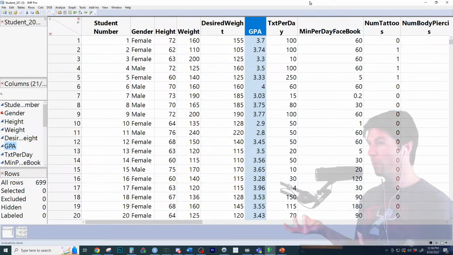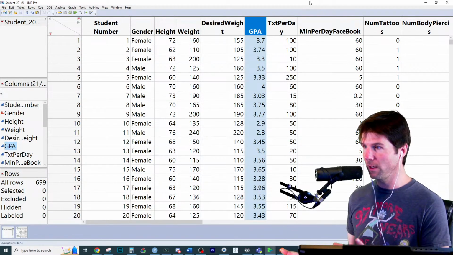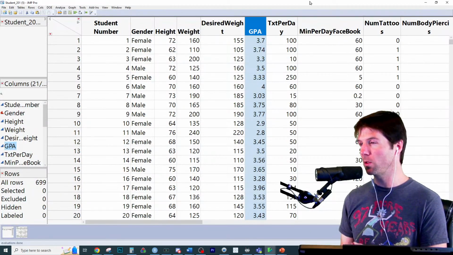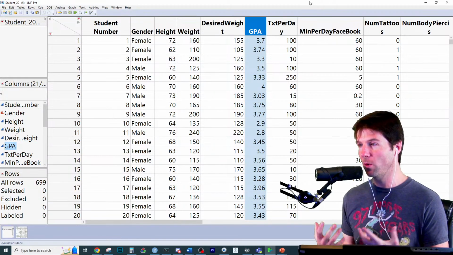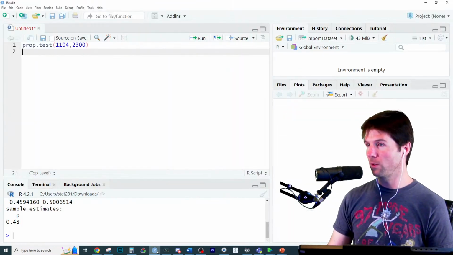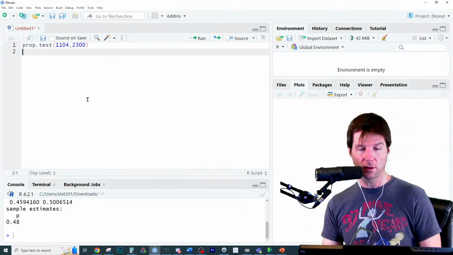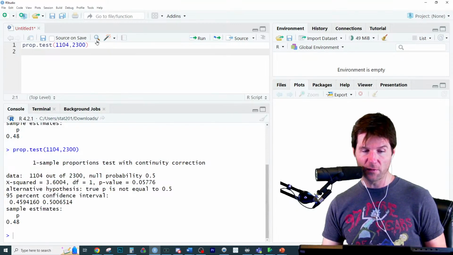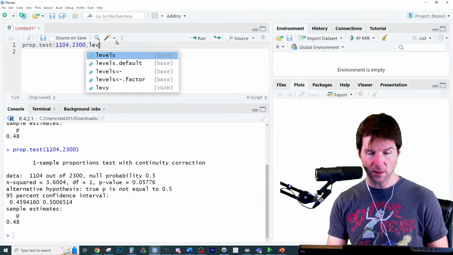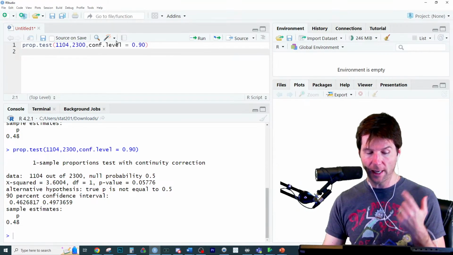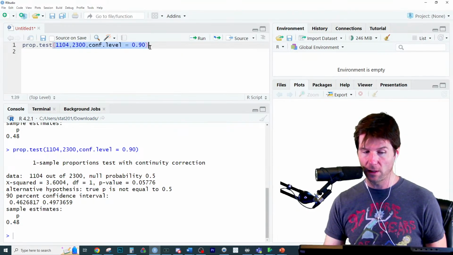Also, understanding the components that go into it, I can do it by hand if needed, and usually do it pretty quickly. I can go to the apps to get the exact numbers, but JMP is going to carry the decimals for me, or I could use my knowledge of how the t and the z work. A lot of times I use statistical software like R to do the calculations for me, where I can do a proportions test like this, and it gives me the 95% confidence interval. I think it's conf.level 90%. So there's a 90% interval now, and I can just change this to any interval I want.